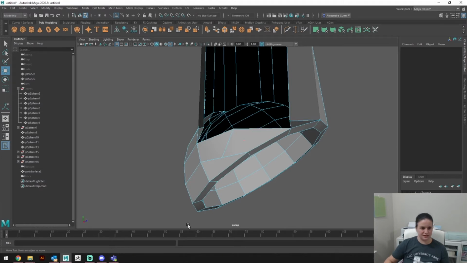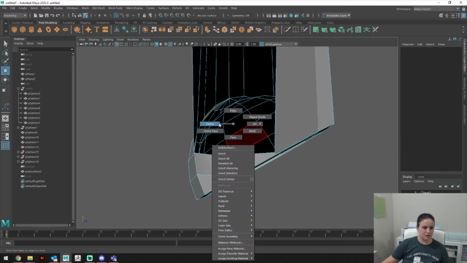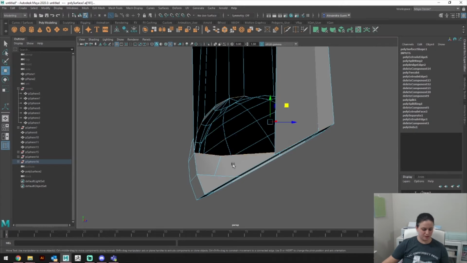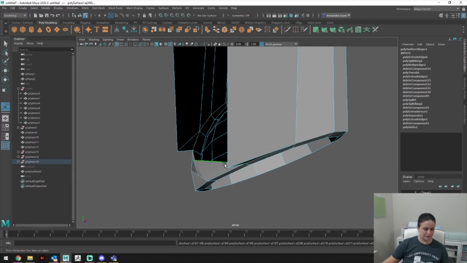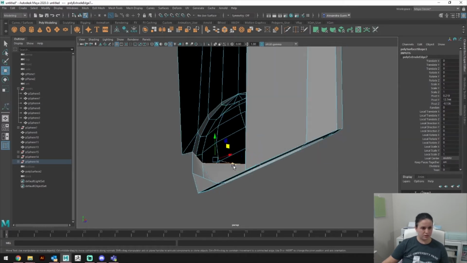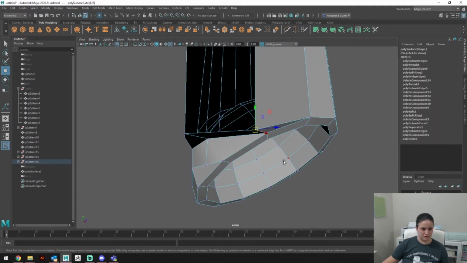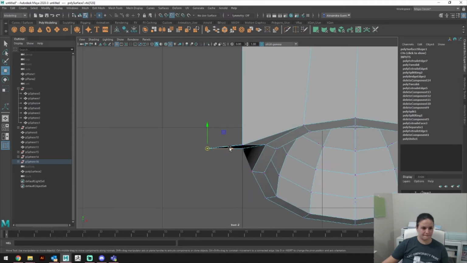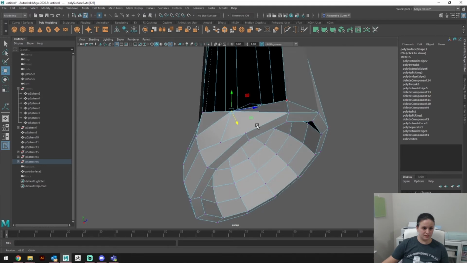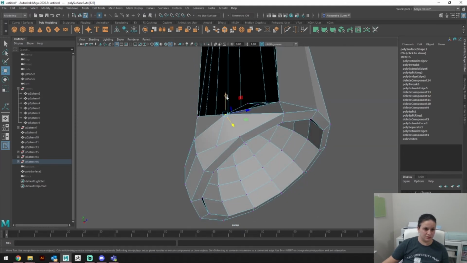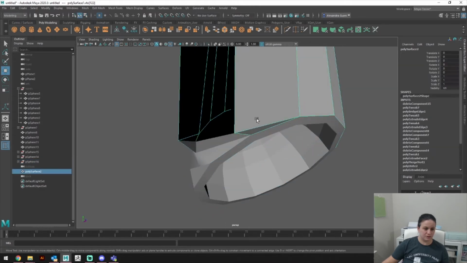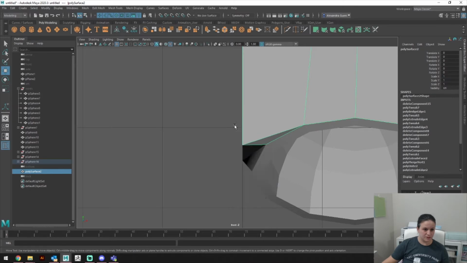For some reason the edges weren't connected, so that face came up wrong, so I'm going to delete that face because it wasn't right. Control extrude, W, there we go. Vertice here. Front view, perspective, front view, vertice,